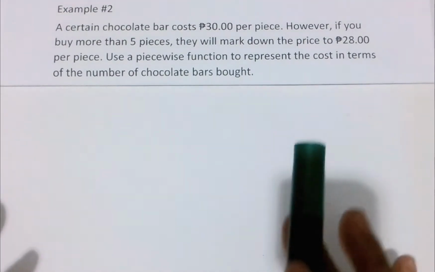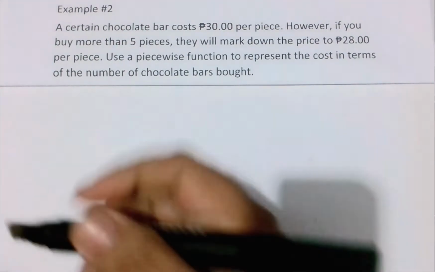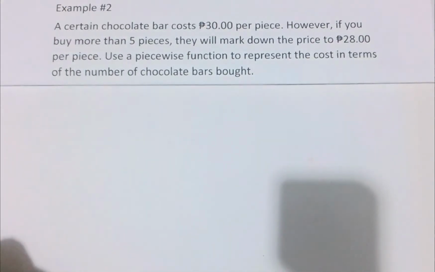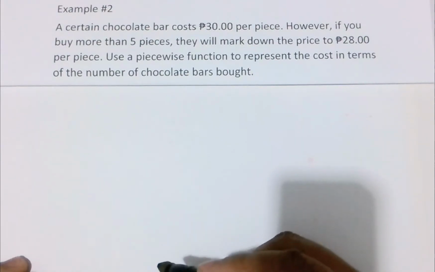Okay, in this example, hindi given yung notation ng function. Unlike dun sa previous example natin kanina, example number 1, given yung notation, nakalagay doon T of M. Okay? But in this example, walang nakalagay na notation, so tayo na lang ang magbibigay ng notation. Okay? So, since ang hinahanap nating function dito ay yung function ng cost ng chocolate bars and the number of the